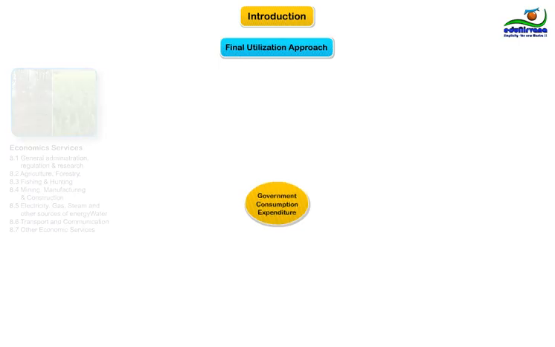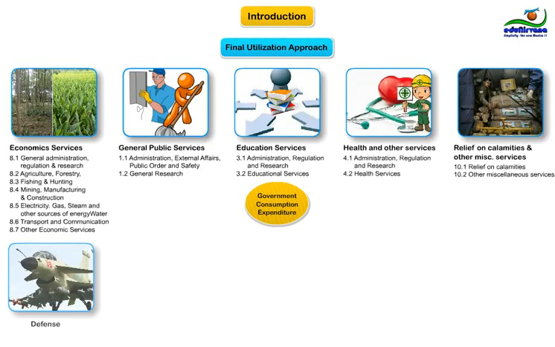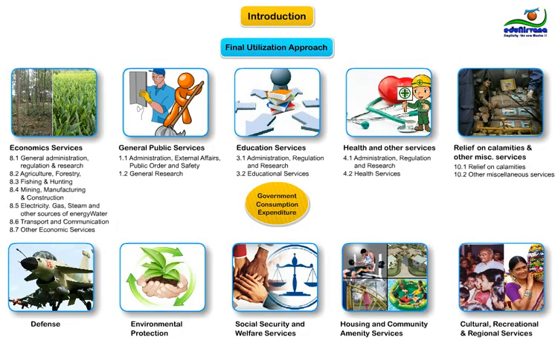In the course of organizing collective services such as defense, justice, health, and education, government purchases the services of its officials and also many non-durable goods and other services from other suppliers. Since these services are rendered free, these do not appear in the household consumer expenditure. These services are not only of economic value but also create real final consumption value to the people. It is therefore necessary to reckon them in the national expenditure.